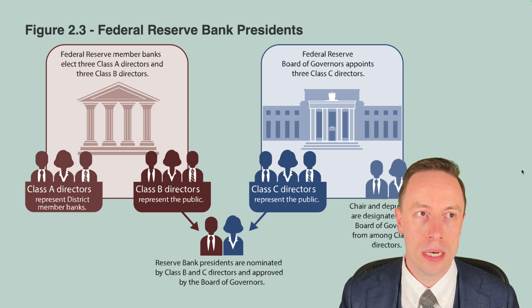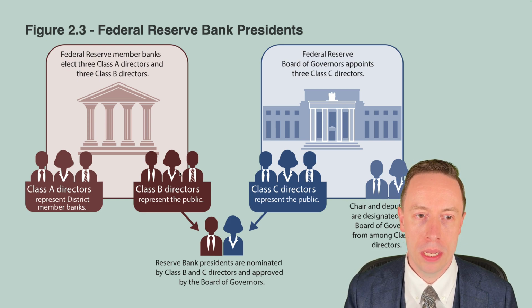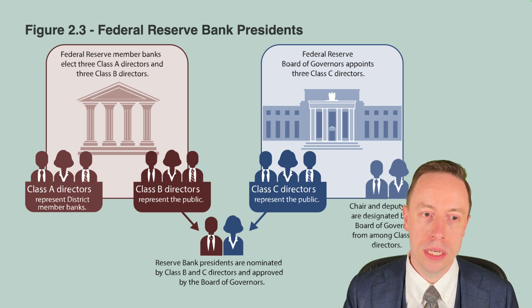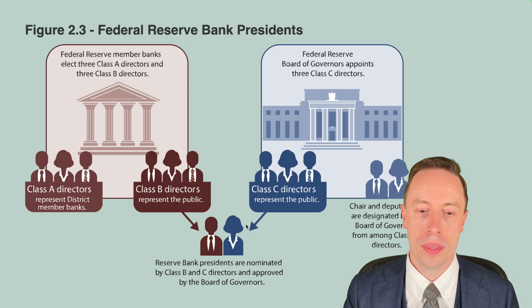So the Class B directors represent the public from the local member bank. And the Class C directors also represent the public and get appointed from the Board of Governors, so from the top, so to speak. And only these Class B and C directors can then vote for the Reserve Bank president